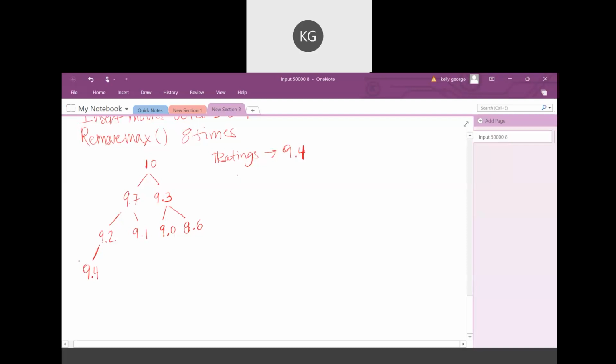So it will check, is this greater than the parent? And if it is, then you have to swap the two. So in this case, 9.4 is greater than 9.2, so we have to swap the 9.2 with the 9.4. And then you can check again, is 9.4 greater than 9.7? No. So then you don't have to switch them. So now if we do another one,